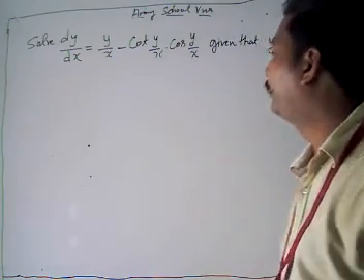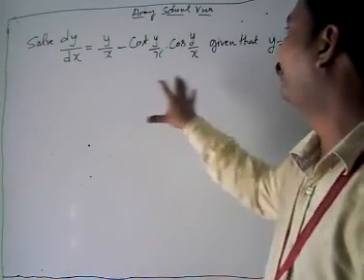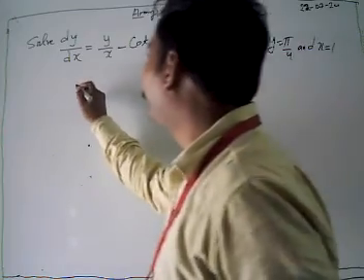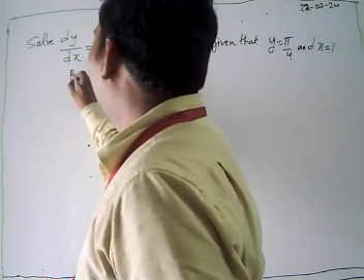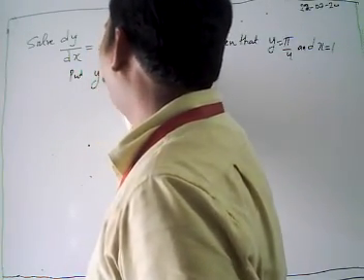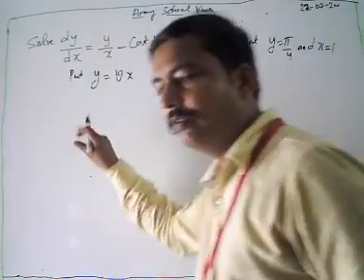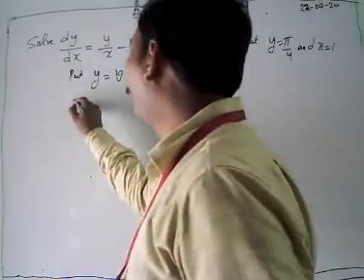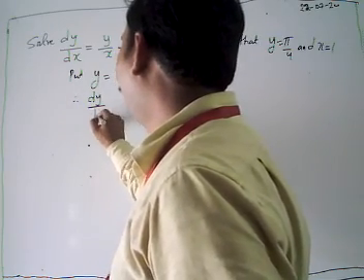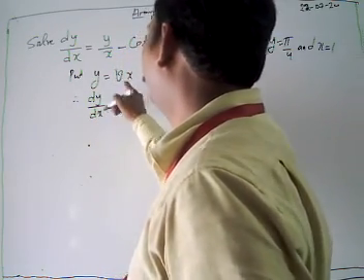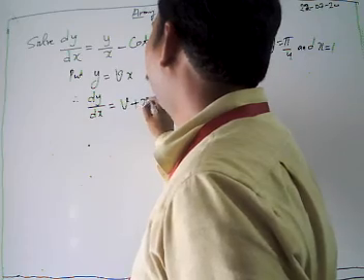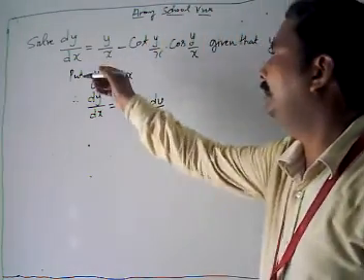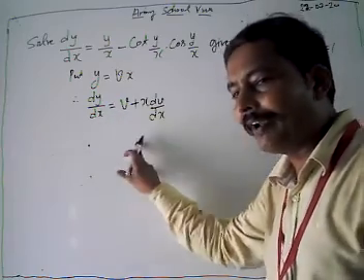Now look, first of all, we have to solve it. Again, it's in the form of y/x, so we are going to start by putting y equal to vx. Our first step is y equal to vx. Therefore, our dy/dx is defined as v plus x dv/dx. Now this is our equation, and we put the value of dy/dx here.